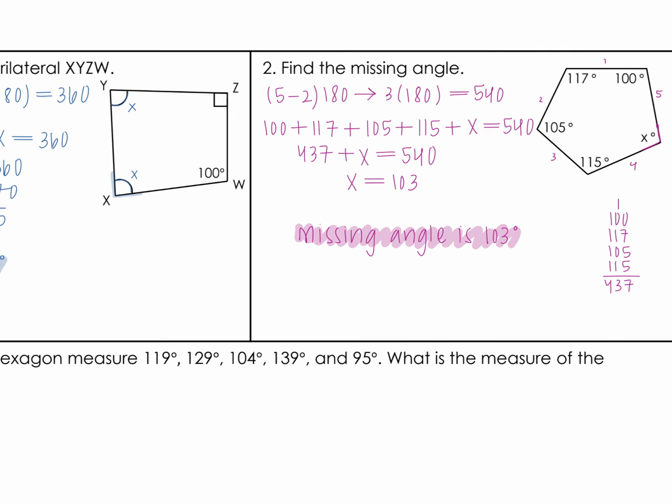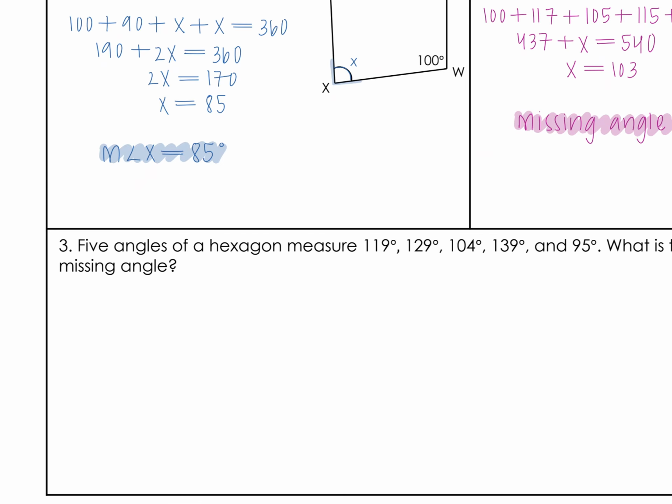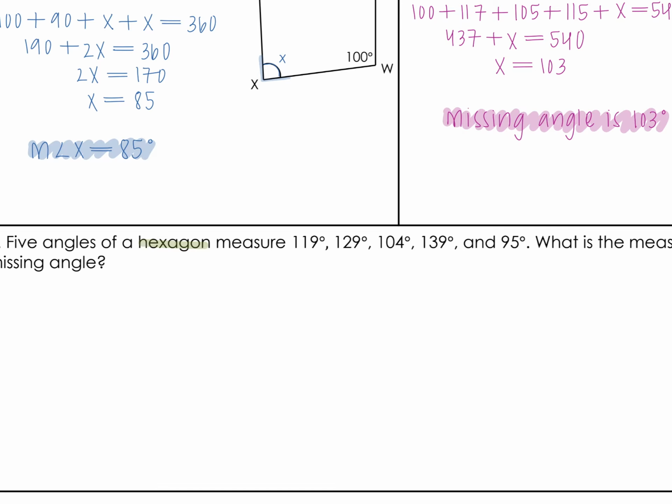All right, one last final problem. We have in number 3 here, 5 angles of a hexagon. So this is a hexagon. Have measures of, we've got 119 plus 129, 104, 139, and 95. I'm going to say plus x